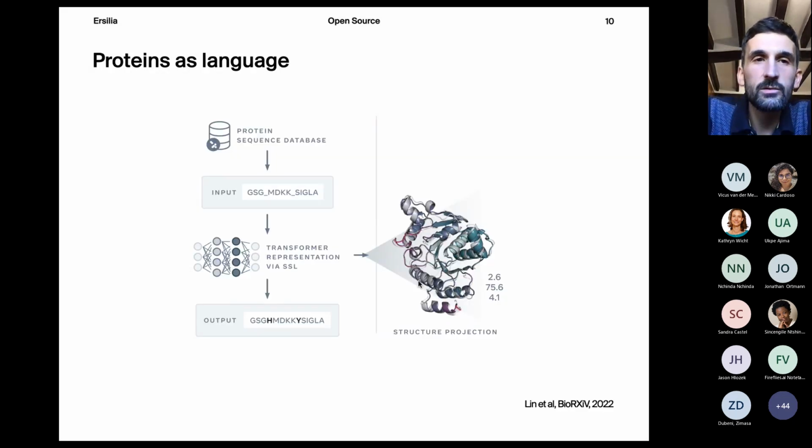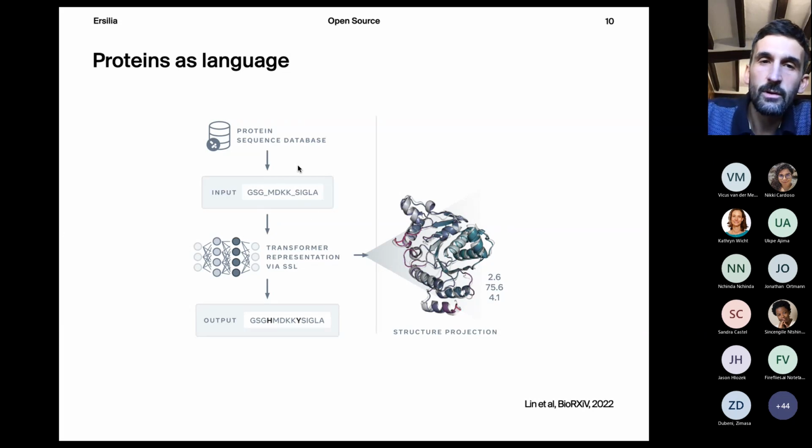So how does this apply to drug discovery or to biomedicine in general? Well, we can think, for instance, of a particular type of biological entity, which are proteins. We all know that we can express them as language. How is actually quite straightforward. Proteins are a sequence of characters, and therefore we can think of proteins as language, as a sentence. So if we do this exercise, we can adopt all of these great tools that people have been developing in the field of natural language processing to understand and process protein sequences. And this is what people have been doing extremely successfully over the last couple of years.